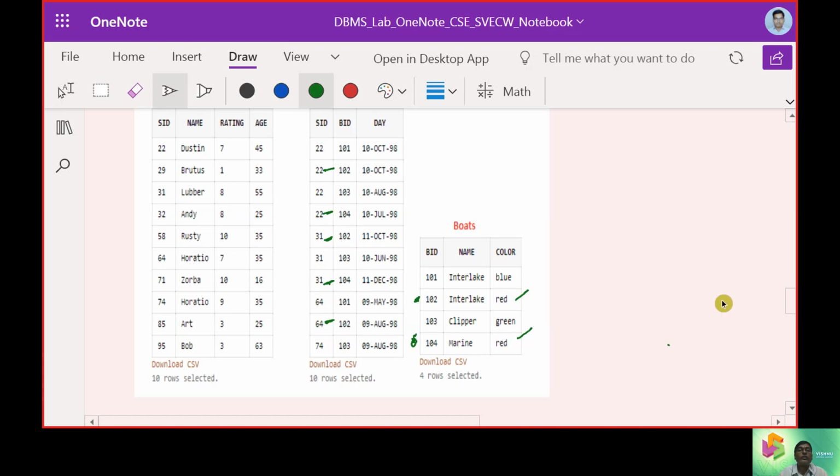So now we are going to expect only values 22, 22, 31, 31 and 64. The same IDs we can find up here, 22 followed by 31 and followed by 64.